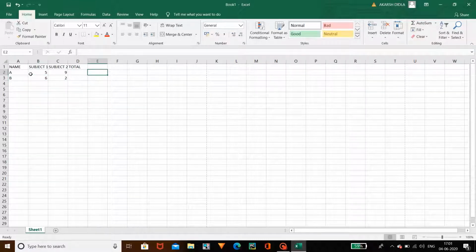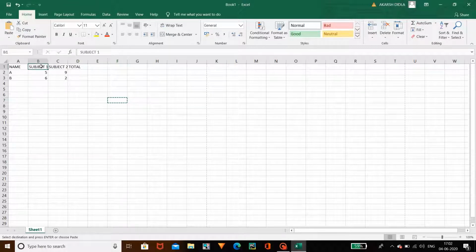I am not doing the total. I will show you how to generate the automatic total option in this home button. So this is the small project. And coming to the first option, clipboard, let's learn about this. If you want to move this subject one to another cell, that means if you want to remove it here and move to some other cell, like this, we have to cut this subject one and we have to paste it here. As you can see in the options, this is the cut option. It will remove the subject one, and if you want to place it here, you can use copy like this.